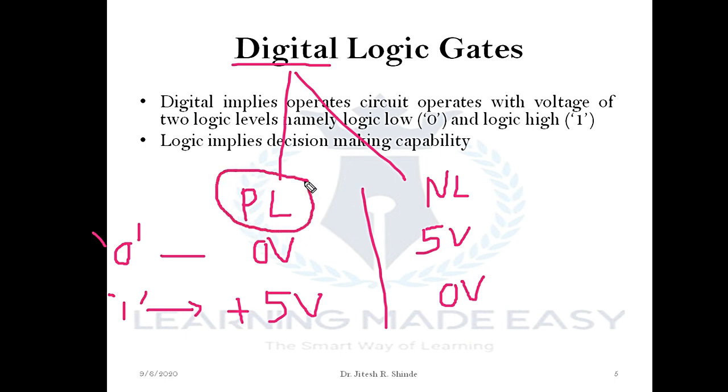How many levels are there in digital circuit design? The signals will be having only two levels, logic 0 and logic 1. Depending on these levels, the digital logic circuitry can be further classified as whether it is operating with respect to positive logic system or negative logic system. Almost all the books have been written with respect to positive logic system.